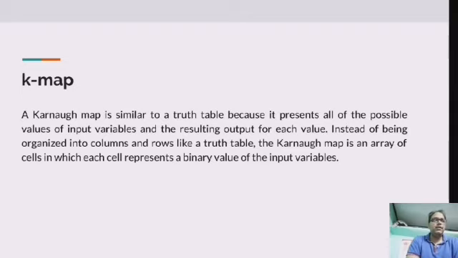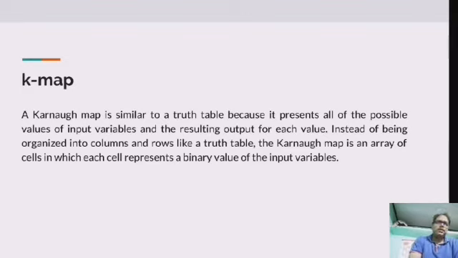If in a given expression there are a maximum of 3 variables available, then we have to use a 3 variable K-map. On the other hand, if the maximum number of variables available in an expression is 4, then we have to use a 4 variable K-map. Then we minimize with the help of those K-maps and find out the minimum expression. Those expressions can be in the form of sum of product terms or product of sum terms. The method is a little bit different for POS or SOP forms. We will see that later.